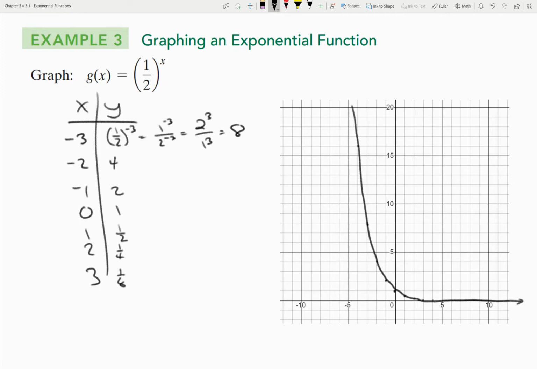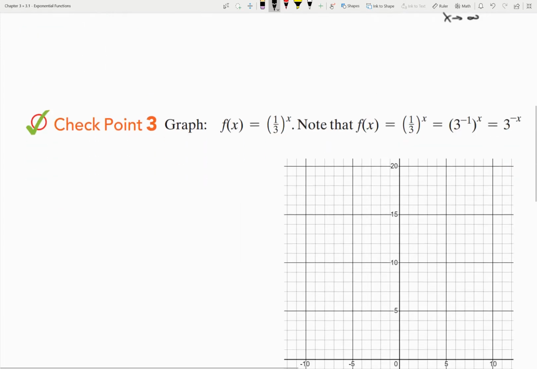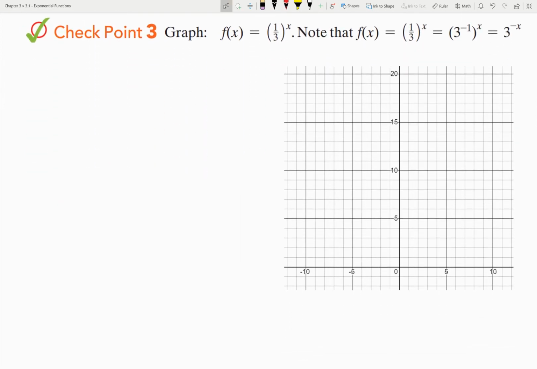And we see a similar pattern to the previous example, but now the limits are reversed. The end behavior is reversed. The limit as x approaches negative infinity of my function is infinity, and the limit as x approaches positive infinity of this function is 0. Okay. And same thing with a